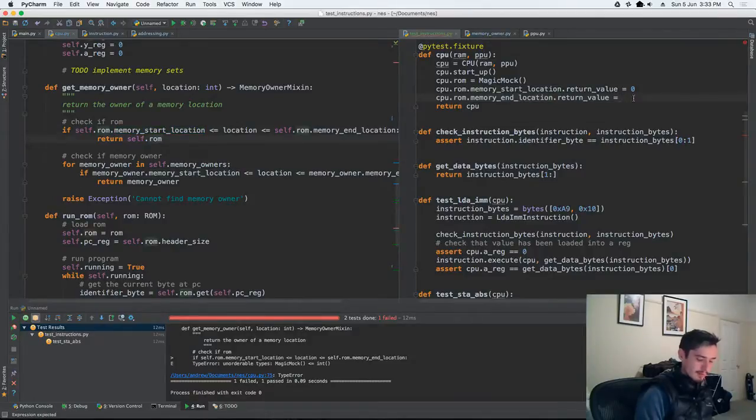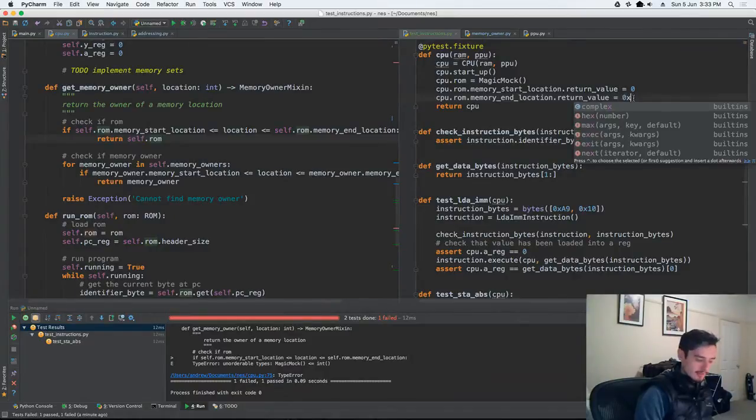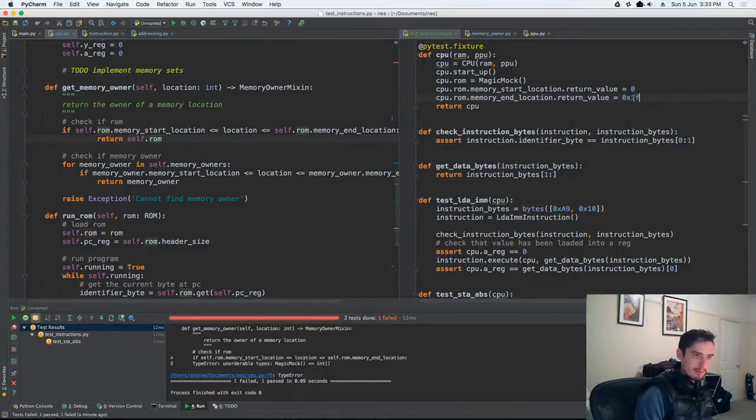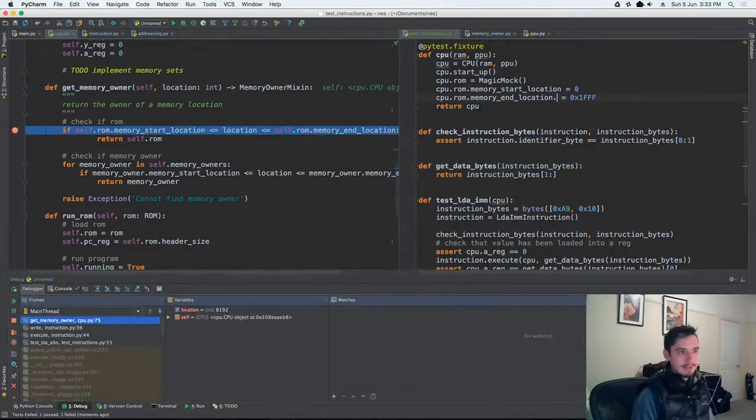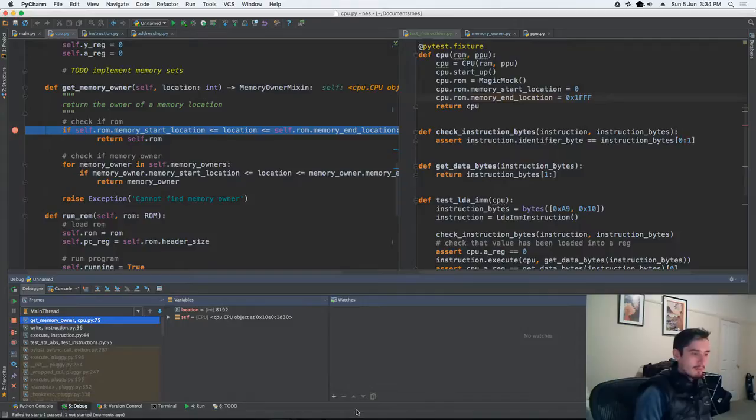I believe it's just meant to be, I don't know, 0x to 1FFF. Alright. Okay. Cool, so we're now mocking up our ROM,